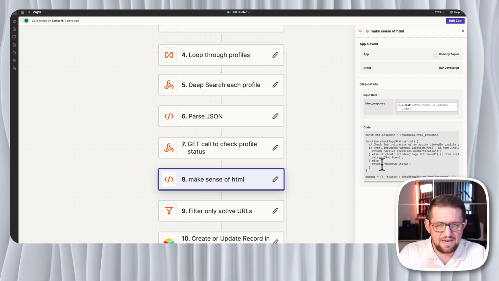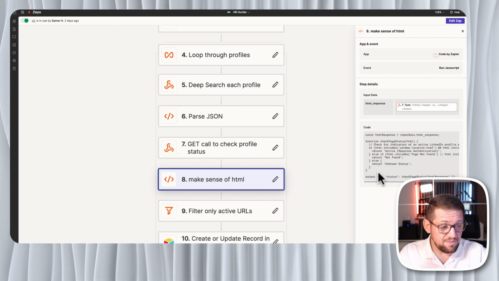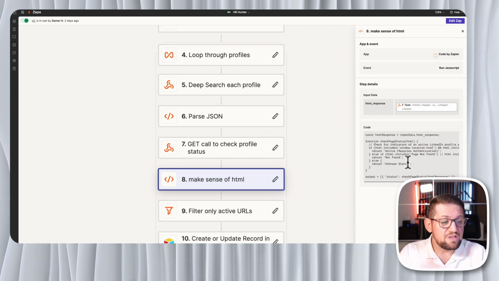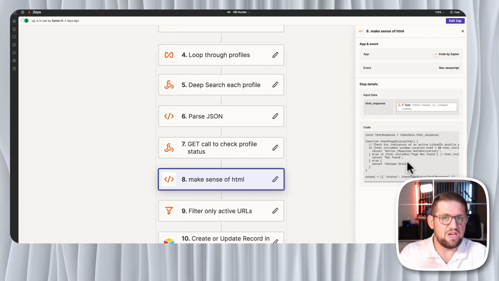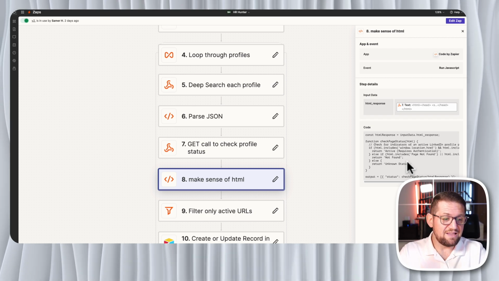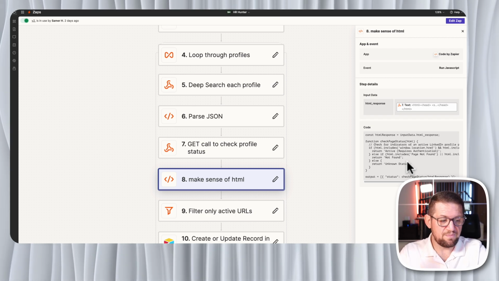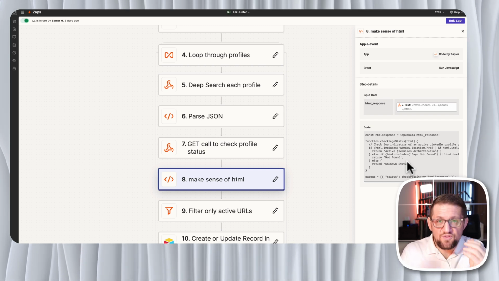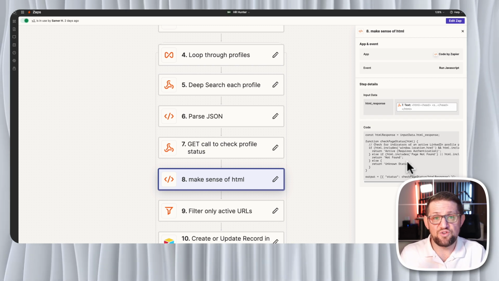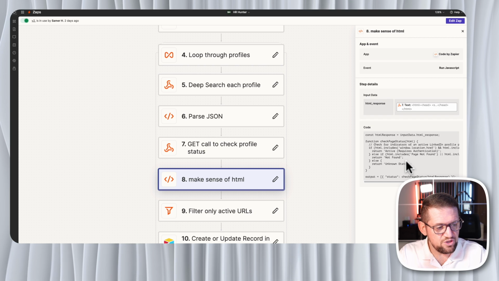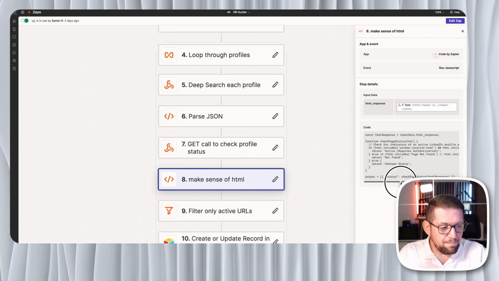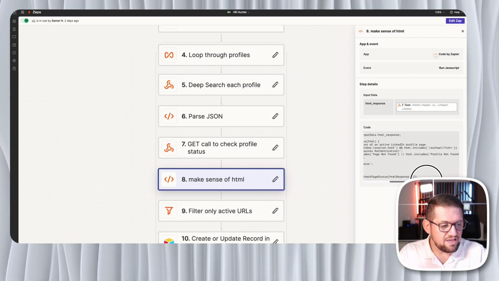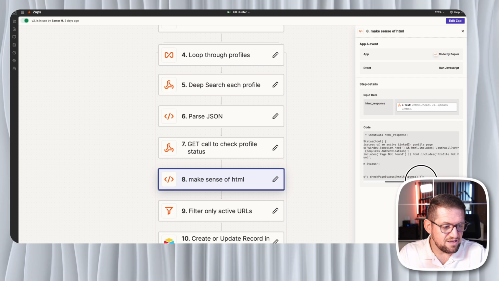And this is again a code I created with ChatGPT, very simple code that will simply read that HTML code for me. And this is JavaScript actually, not Python. And within that HTML code, the information that the URL is active or not is there. And what this code will do is pick that information and return either that it is authenticated,